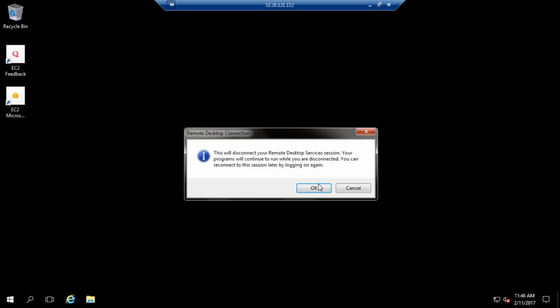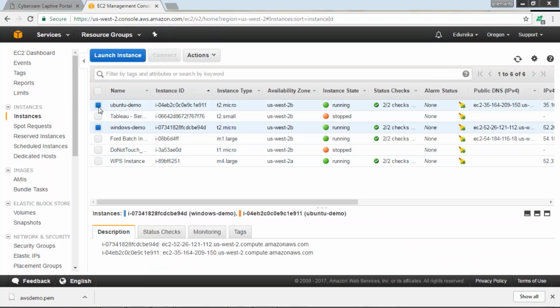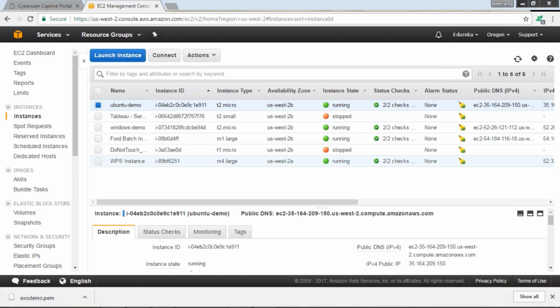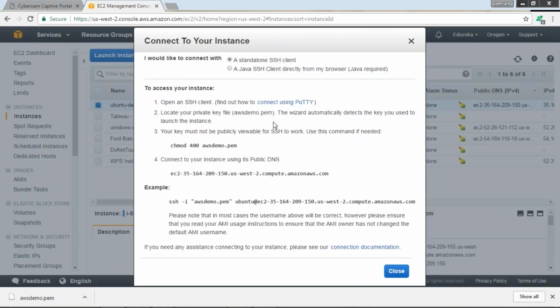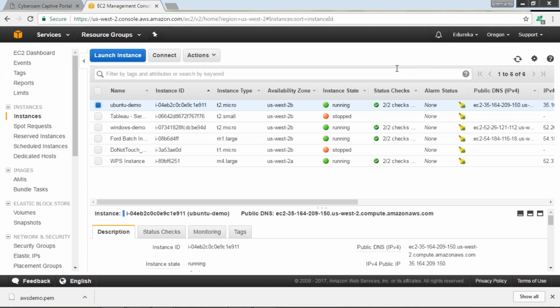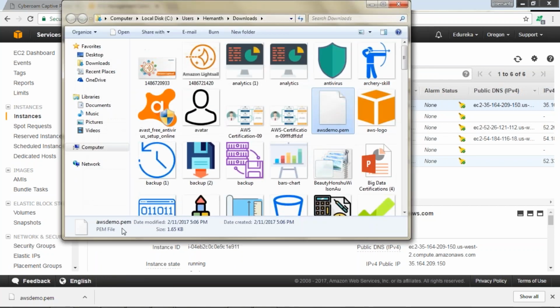Let's now connect to our Ubuntu instance. Alright, so we have our Ubuntu instance ready as well. Like I said, for connecting to the Ubuntu instance, you have different options. Let's click on Actions, click on Connect. So here you don't have that option for getting the password, right? It is explaining the PuTTYgen way of connecting. So let me show you how to do that. First of all, you have to convert this PEM file to a PPK file, because we used the same key pair for our Ubuntu instance as well. So let's copy this PEM file to our desktop first.